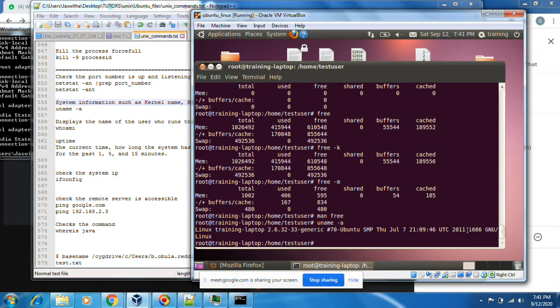See, i686 means this is 32-bit. For another system, maybe a different thing will come. Ramakrishna's system will show a different version, and maybe a different kernel version also.